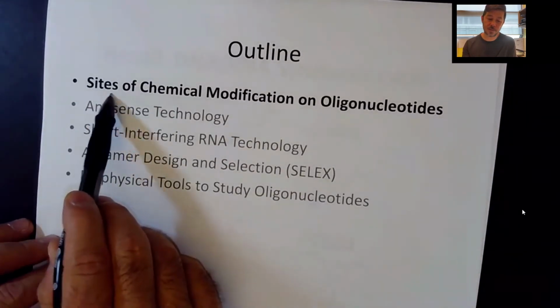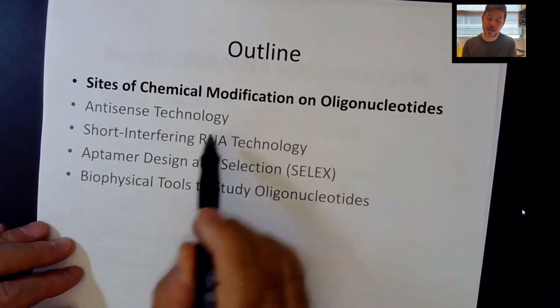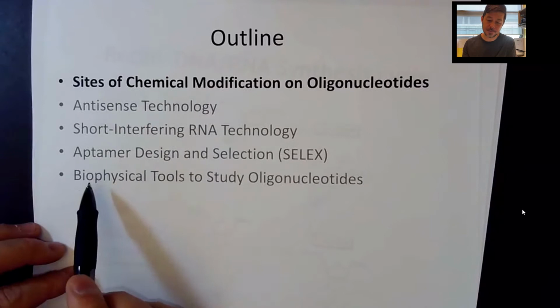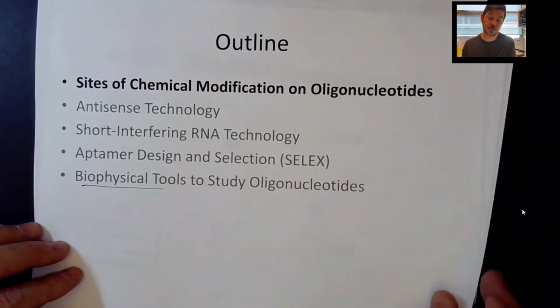I'll talk very briefly about chemical modifications broadly and where we can put them within oligonucleotides, and then we'll transition to different applications like antisense technology, siRNA technology, aptamer design, and then how we can use some biophysical tools to